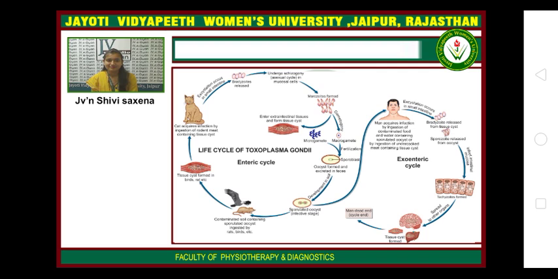An exoenteric cycle occurs in humans, mice, rats, sheep, cattle, pigs, and birds, which are the intermediate hosts. Humans acquire infection after eating uncooked infected meat, particularly lamb and pork, containing tissue cysts; by ingestion of mature oocysts through food, water, or fingers contaminated with cat feces directly or indirectly; by infection from mother to fetus, congenital toxoplasmosis;